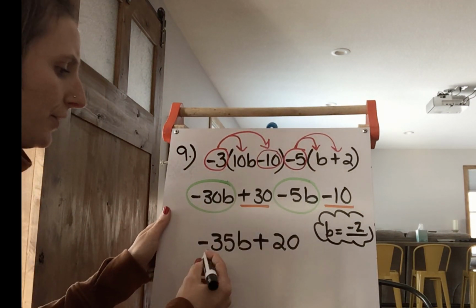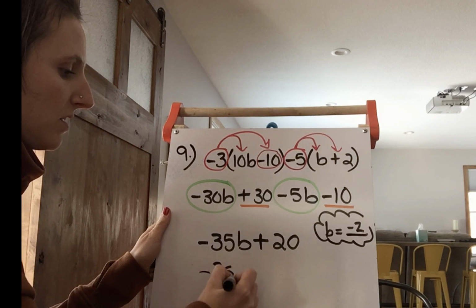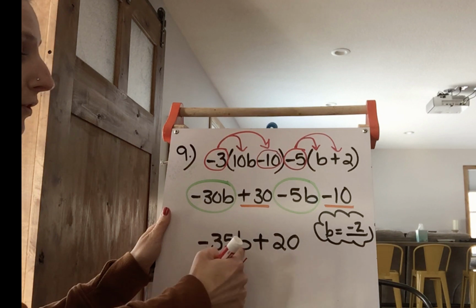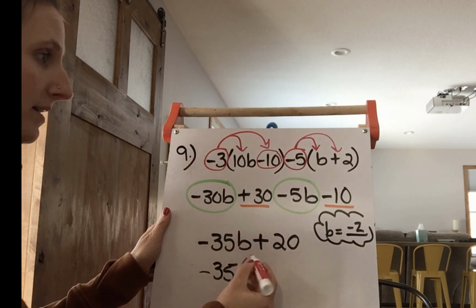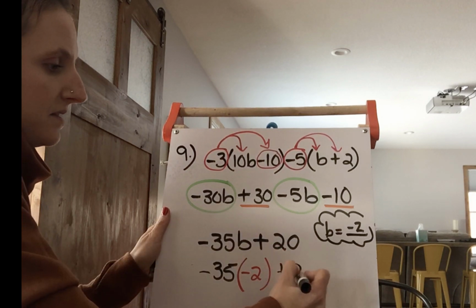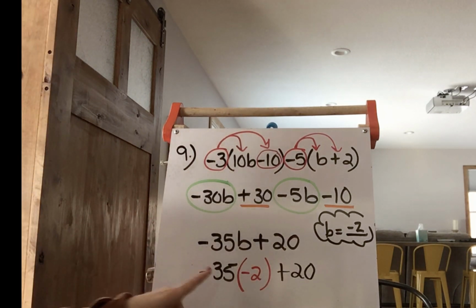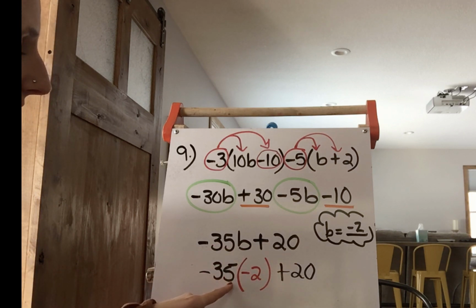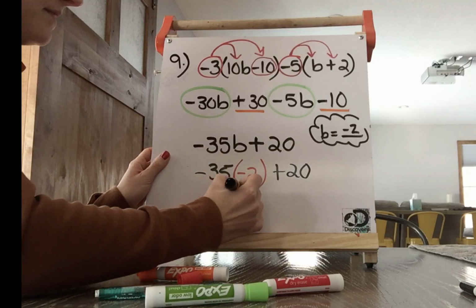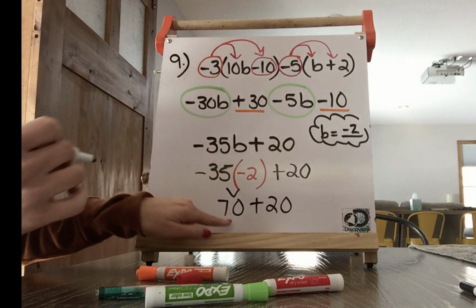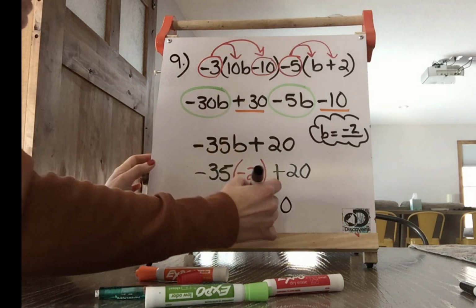We're going to have -35. I'm going to plug -2 in for B. This is -35 times the variable B. And then plus 20. So I need to do my multiplication before I add. -35 times -2. My signs agree. That's going to give me a positive 70. And then plus 20. 70 plus 20 is 90. My final answer